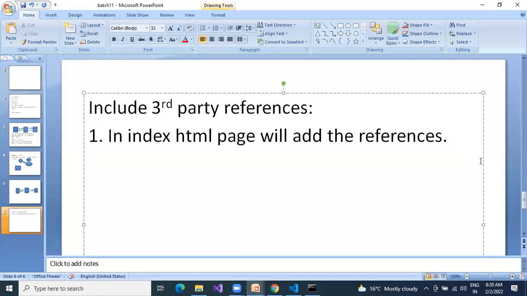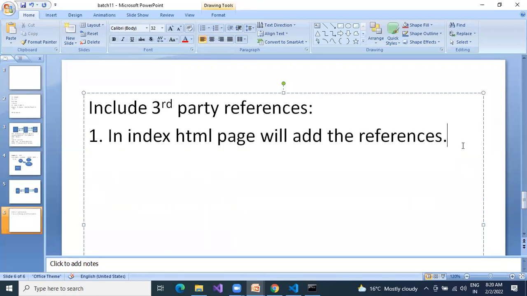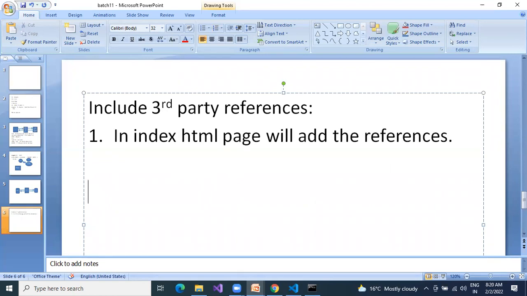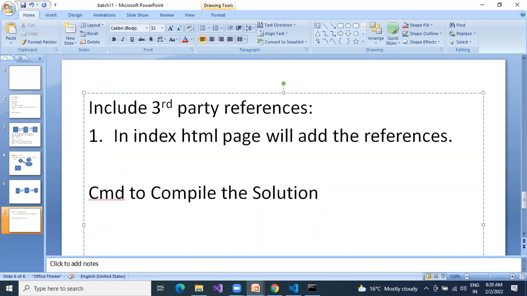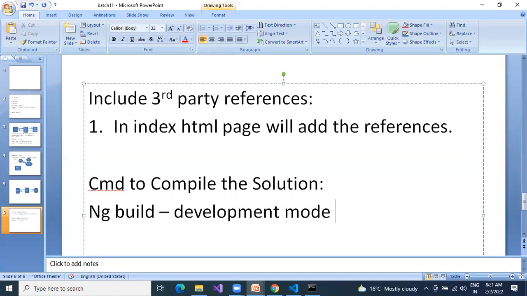So what is the command to compile the solution? The first command is ng build. This is the development mode compilation.